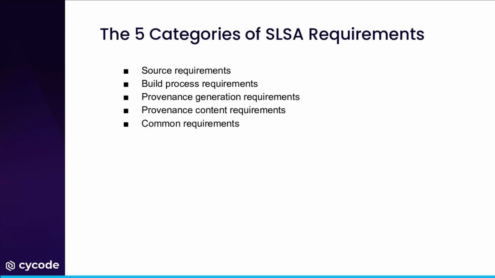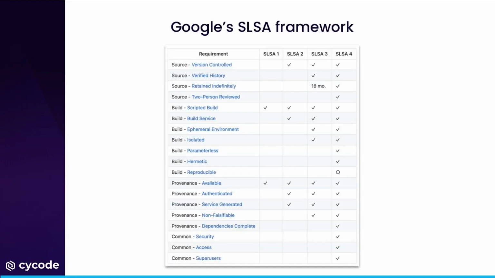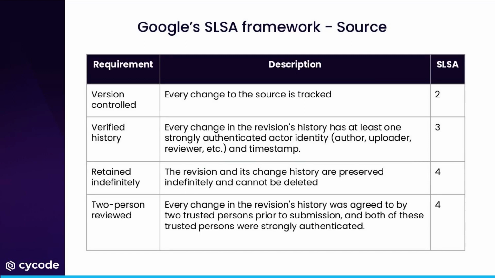Now, there are 5 categories of SLSA requirements. Those are source requirements, build process requirements, provenance generation requirements, provenance content requirements, and common requirements. The Google SLSA requirements can be outlined as such. Going into these more specifically, though, with source requirements